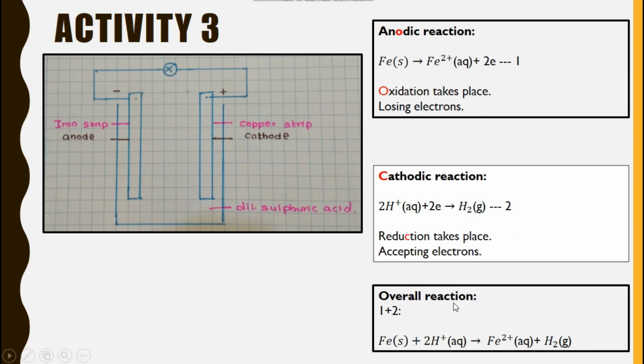Then the overall reaction, just like I told you before, like adding simultaneous equations: here I have added this and this. Automatically these 2 electrons will get cancelled with these 2 electrons, and I will get the final reaction like this. I think you understood. Here the most important things are you should be able to identify which is the anode, which is the cathode, and what is oxidation. So I think I have taught you that.